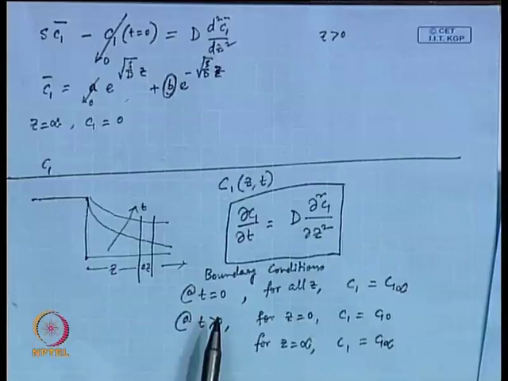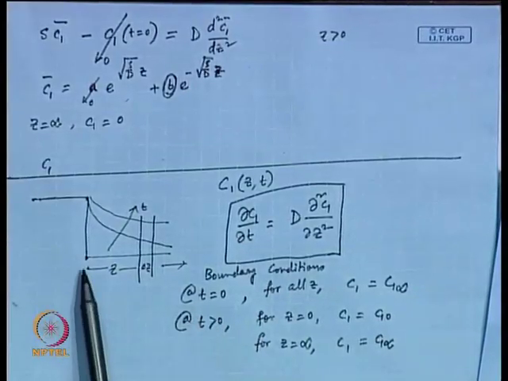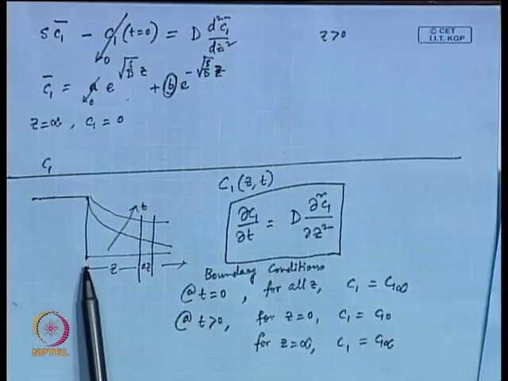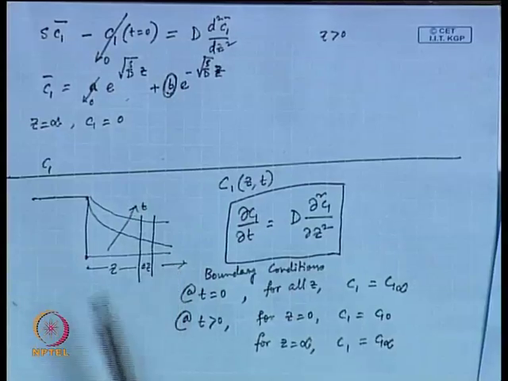That at t equal to 0 there was this Dirac function, that means at z equal to 0 there is a spot of tracer and everywhere else it is 0, right. Now, here the boundary condition is that at t equal to 0, now z starts from this point. So, at t equal to 0 for all z, C1 is equal to C1 infinity,